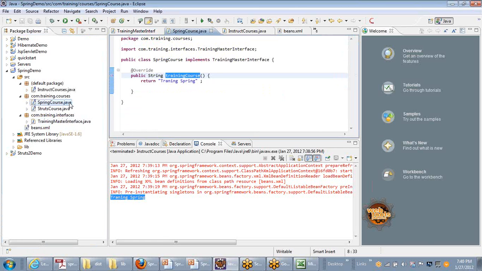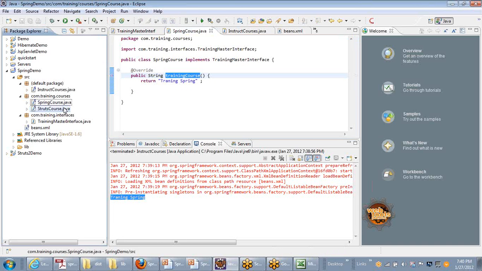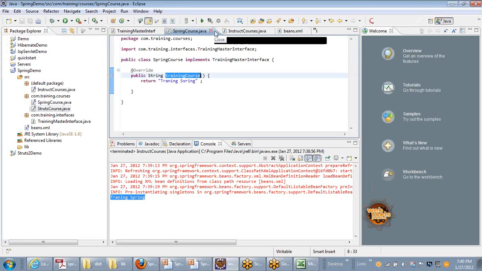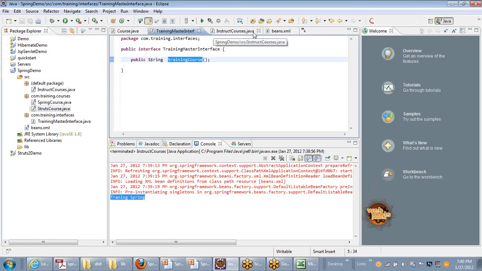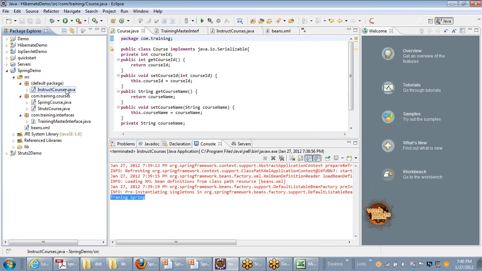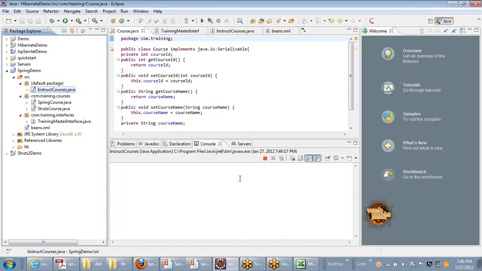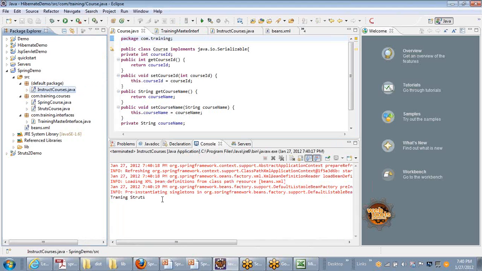Spring course implements the training master interface, as well as struts course implements the training master interface. So now let's run this InstructCourses. So now it will say training struts.